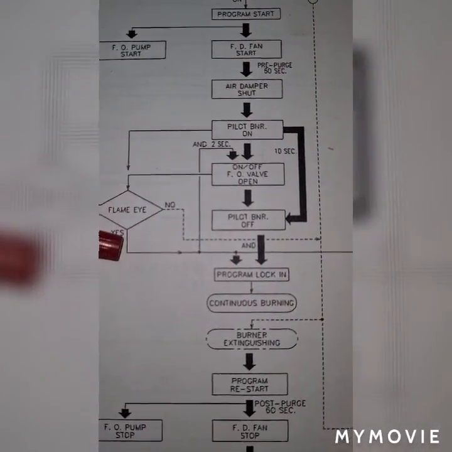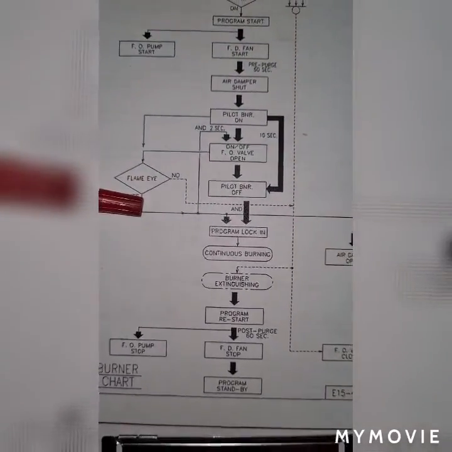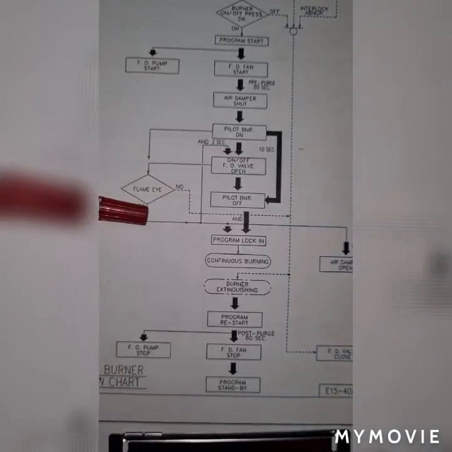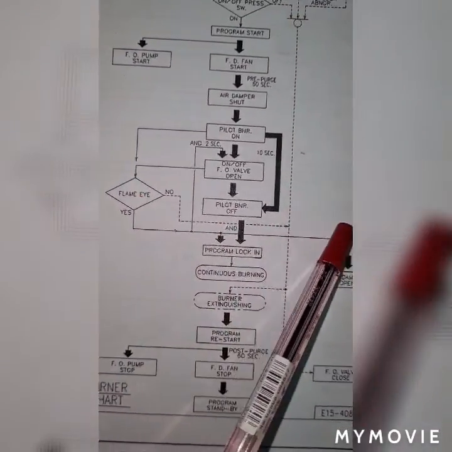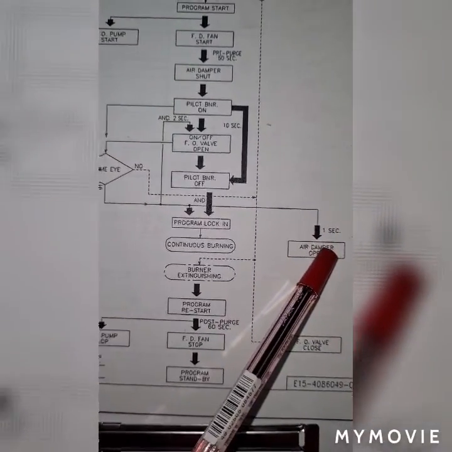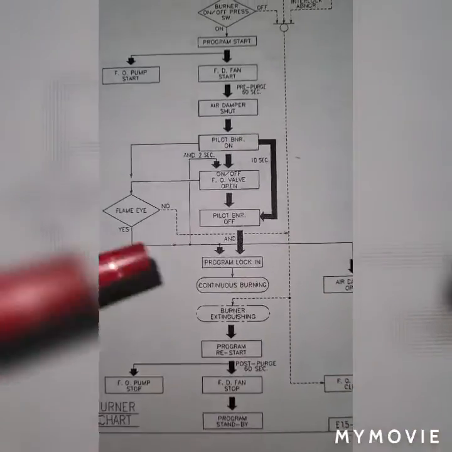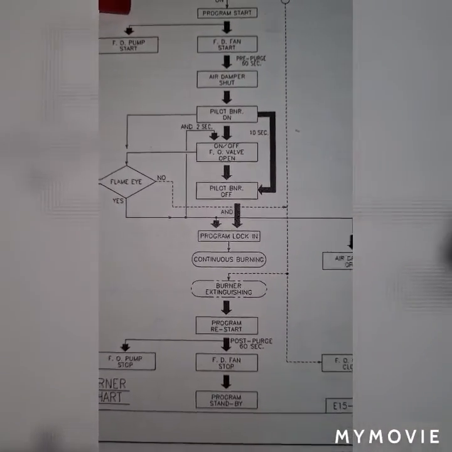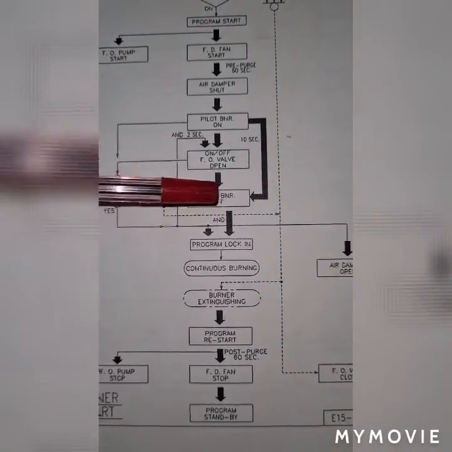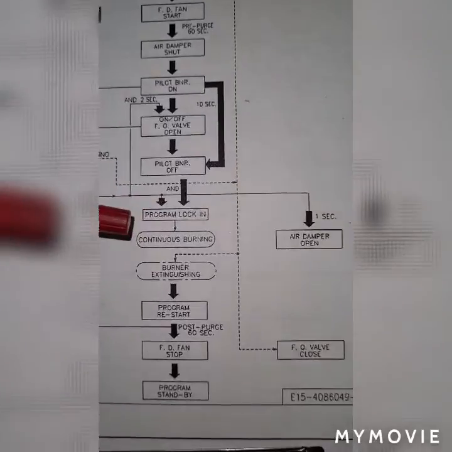Once it is detected that there is a flame in my furnace, it automatically gives a signal to the PLC, and the PLC will command the fire damper to close within 1 second, and after a detector verifies that there is a flame in the furnace of the burner, it will open again,